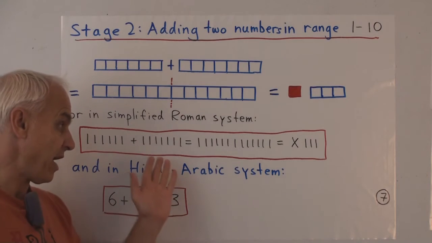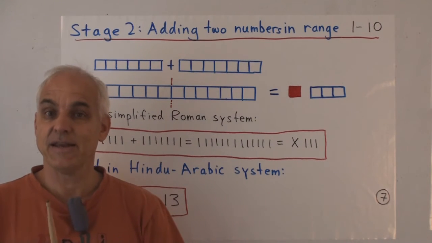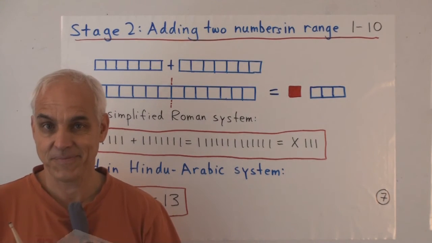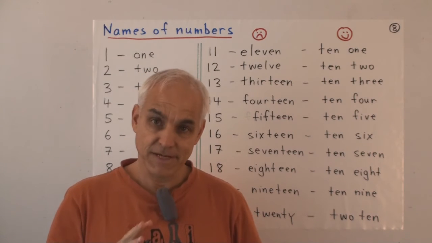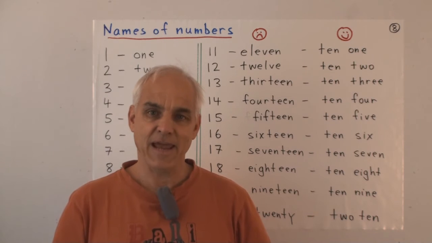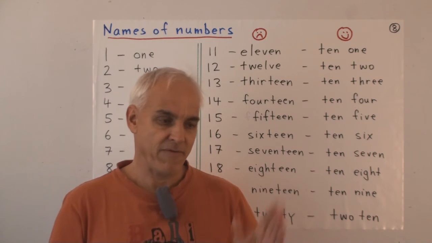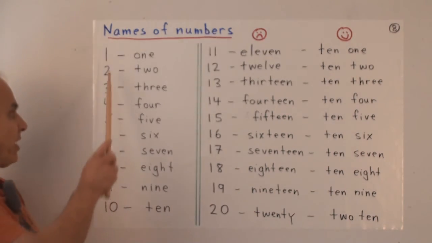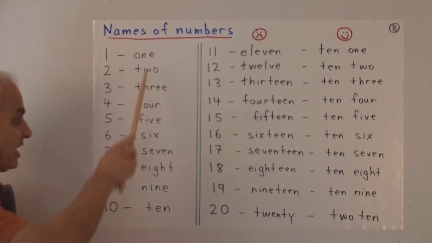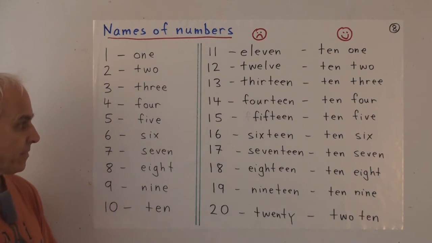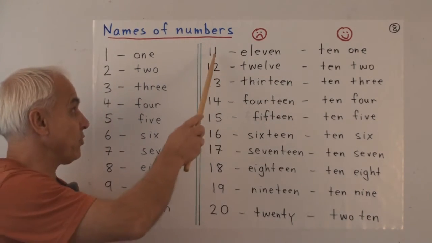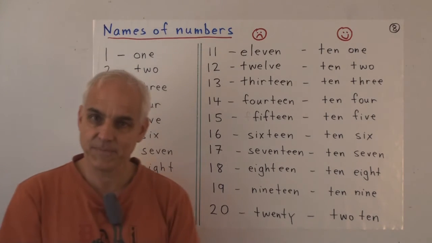So a preliminary to this kind of addition is to have consistent names for the numbers bigger than 10, or say between 10 and 20. And now we come to an interesting but somewhat delicate issue. That is having to do with the names for numbers. We have our symbols for numbers, the Hindu-Arabic symbols. But so far we only have names for essentially the first 10 of them. What about the names for higher numbers, say the ones between 10 and up to 20?